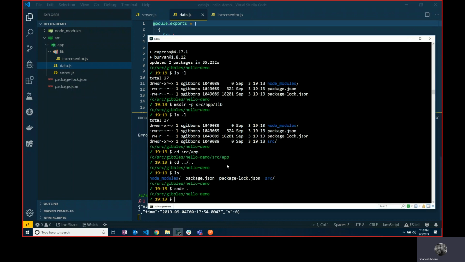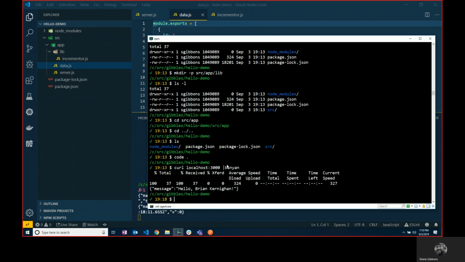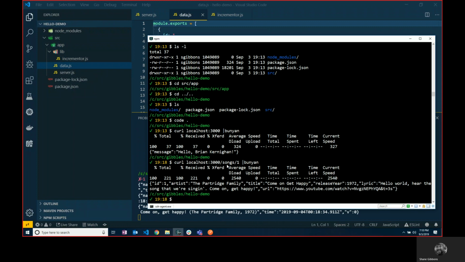If I want to go curl it, say curl localhost 3000, and I'll pipe it to Bunyan. Oh, that one didn't even matter. It must be going really slow to give me that meter response, because it doesn't usually pop up if it's fast. And let's try this. Something a little better than... interesting. All right, anybody see it yet? Actually,